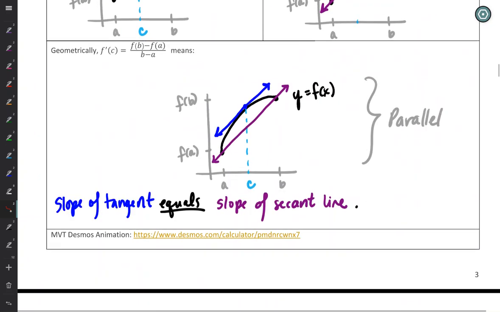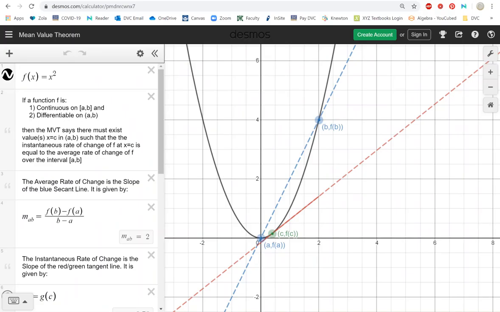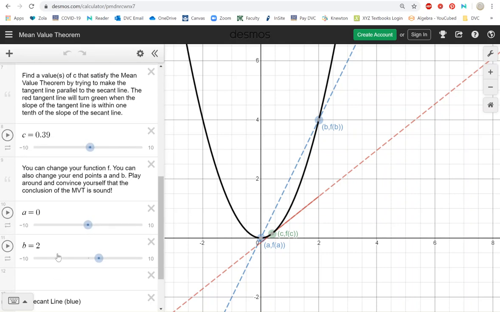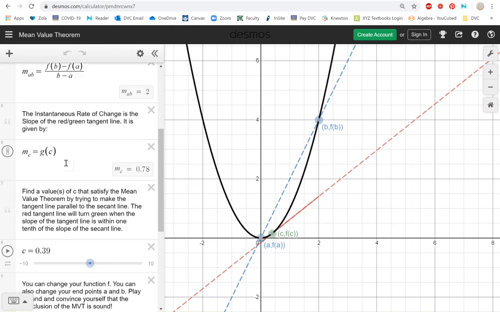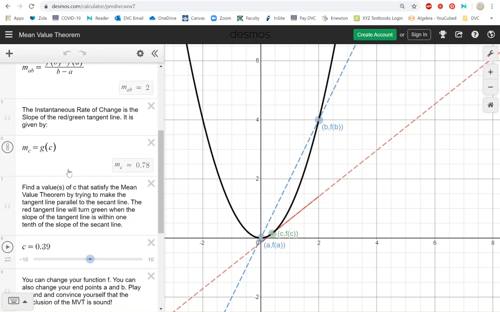Okay, let's look at this Desmos graphic, and then that'll conclude our video on the mean value theorem. All of these animations that I've made are entirely programmable, so you could come along and just change this rule F, and you could change these endpoints A and B, and you would have a picture for a new situation. So all the mean value theorem is saying